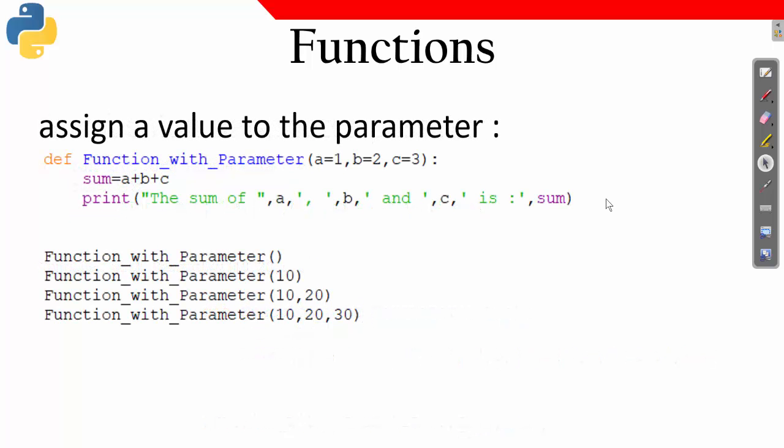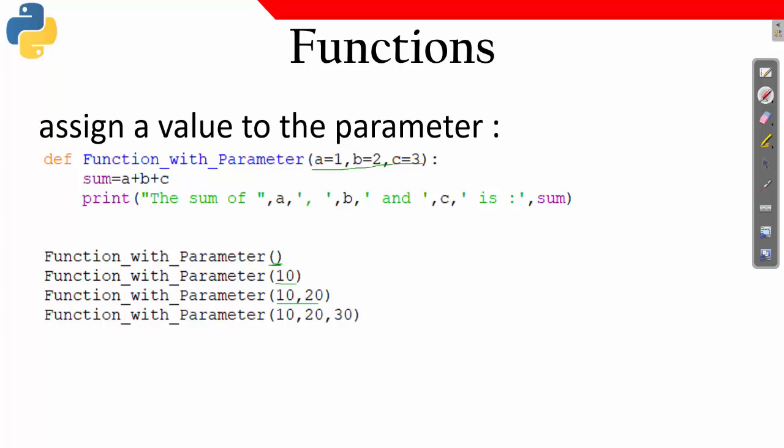Now you see this particular program. Assigning value to parameters. Here in this particular type I am writing a value, b value and c value in the function itself. And here I am not passing any parameter. Here I am passing only one parameter.